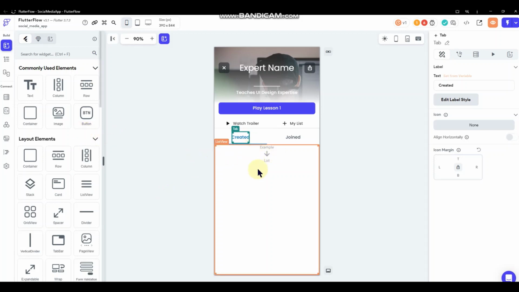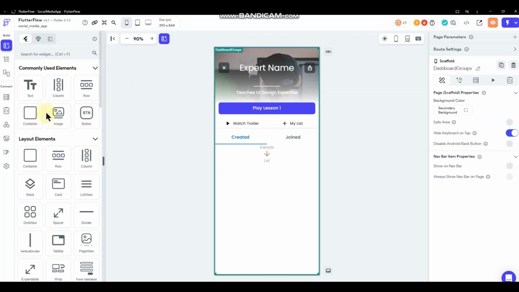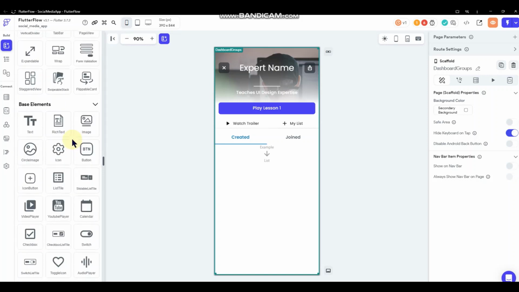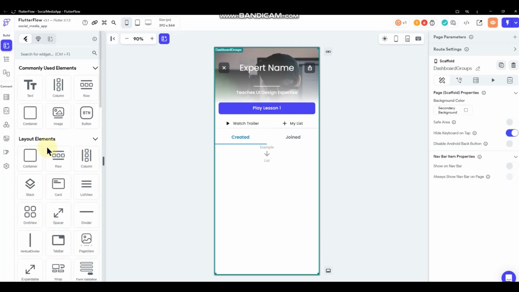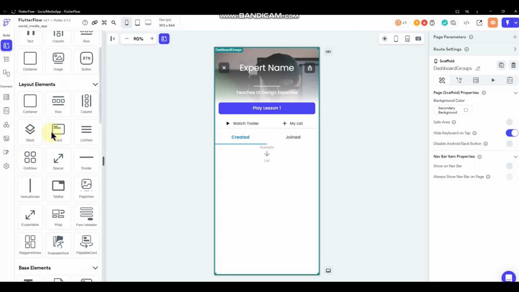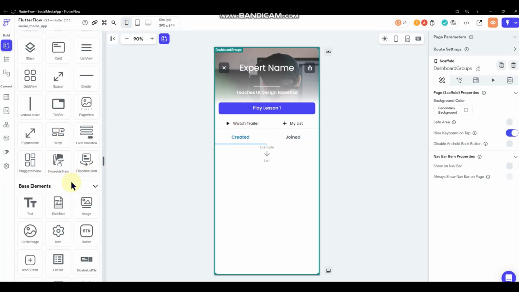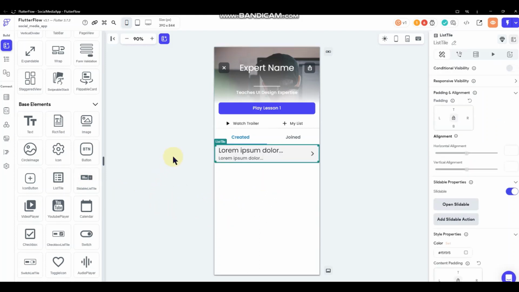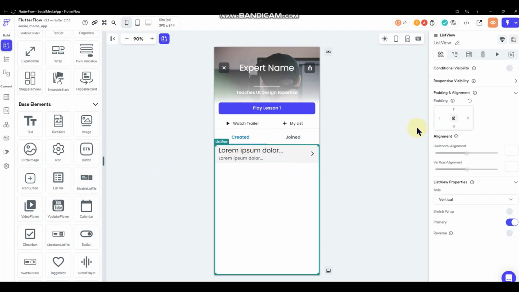So we want to obviously set up something to indicate their groups. Now, I could do a slide tile, which is kind of what I want to do, but it's limited on its customizations that you can do there. So I'm going to do a slide tile on created, but I'm not going to do a slide tile on joins. So let's grab our slidable list tiles,